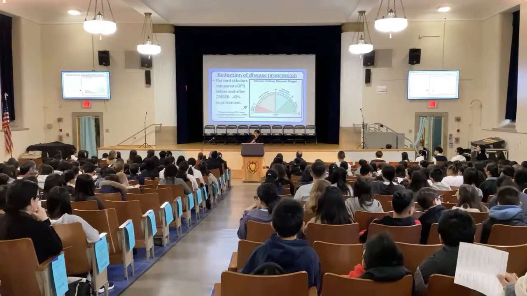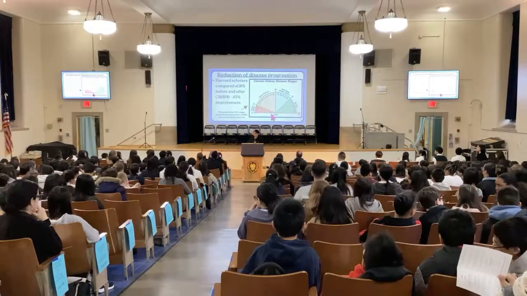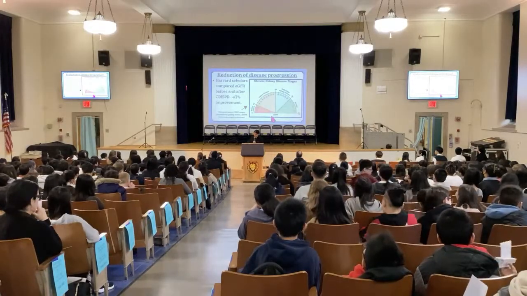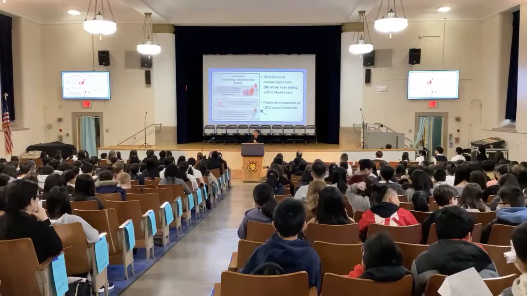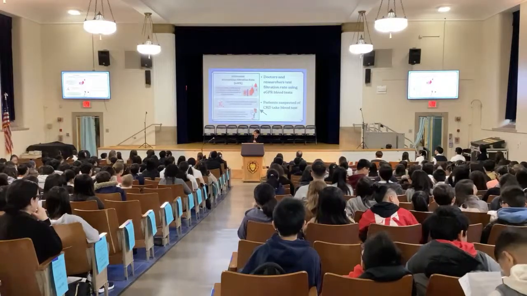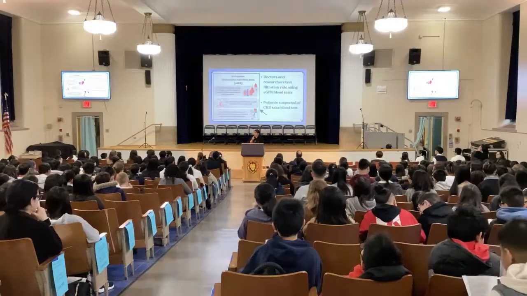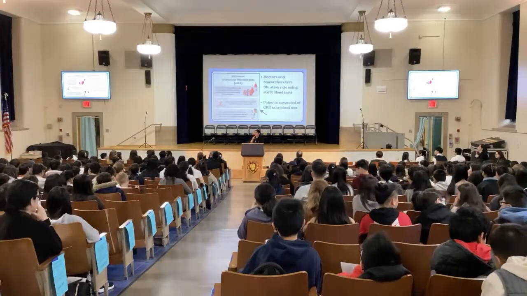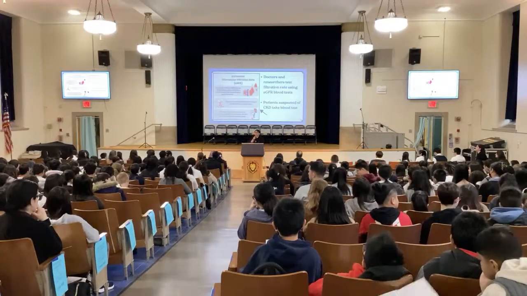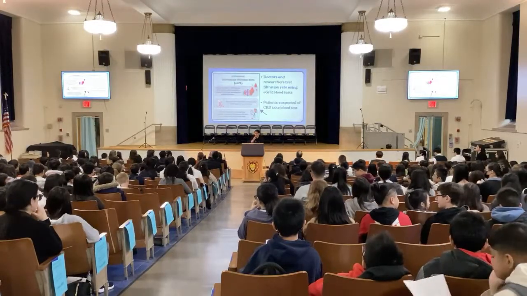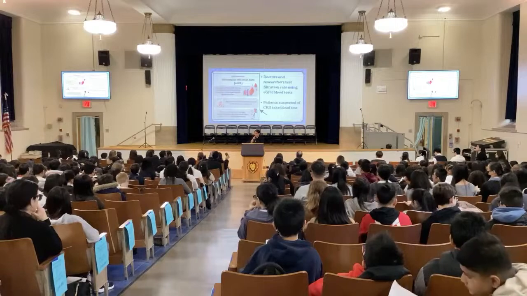function. This image right here shows chronic kidney disease stages progressively getting worse, labeled eGFR. An eGFR stands for estimated glomerular filtration rate. It shows doctors and researchers how well your kidneys are at filtering out waste and toxins from your blood, specifically estimating how much blood can pass through your glomeruli each minute.